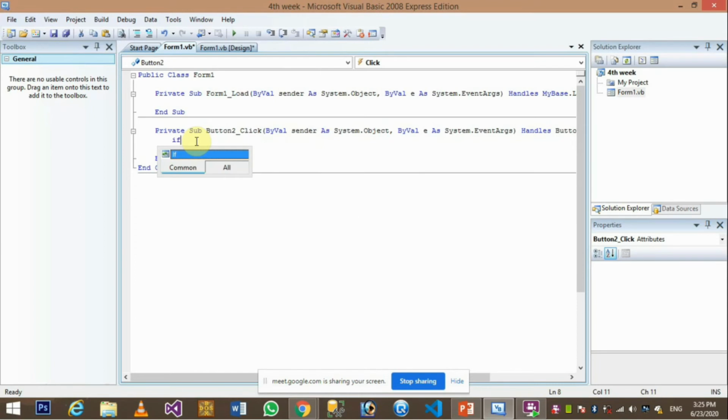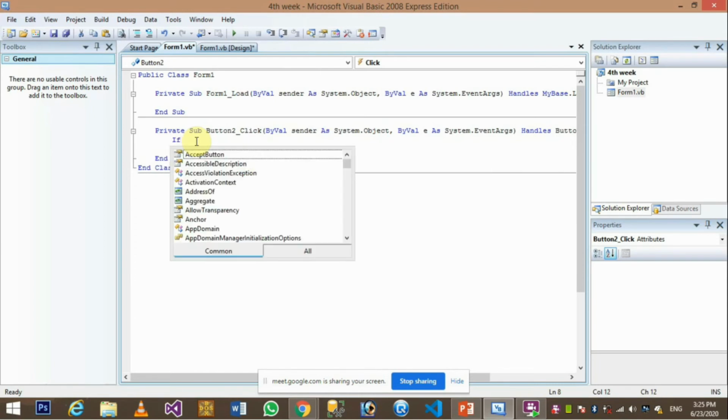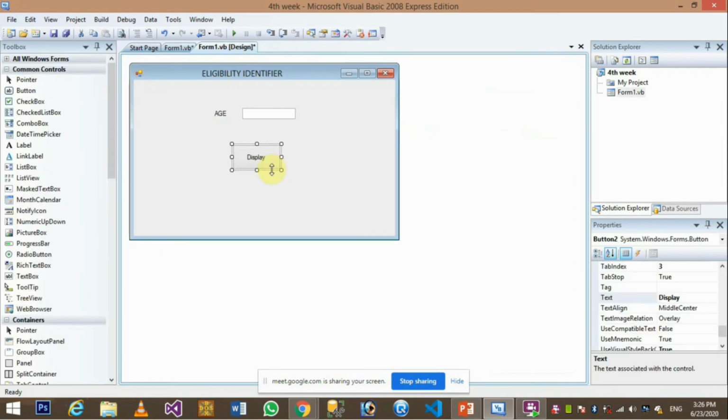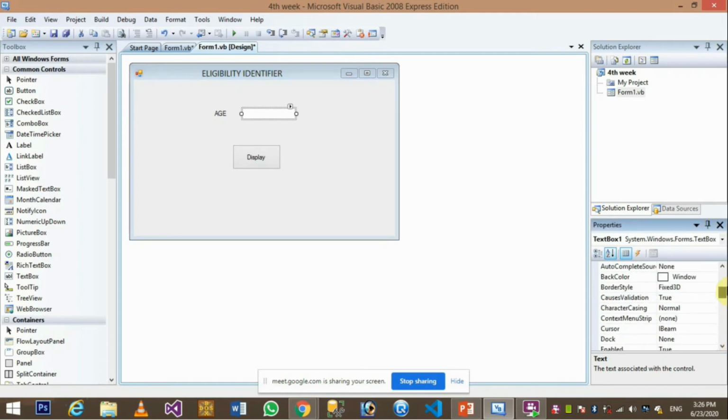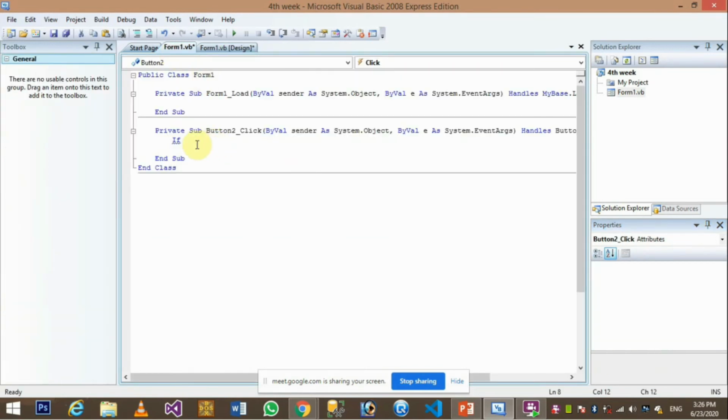How would we start writing if, and what is the name of this text box? That was text box 1, I guess. Text box 1, right? Because it would contain the input from the user, it would contain the age from the user.